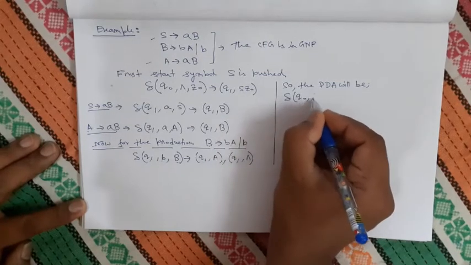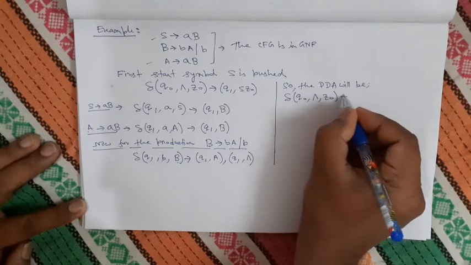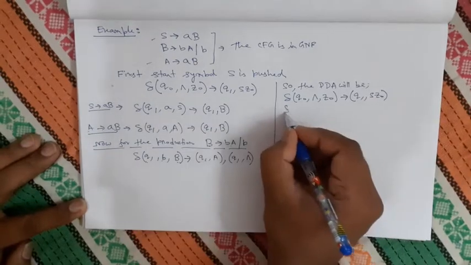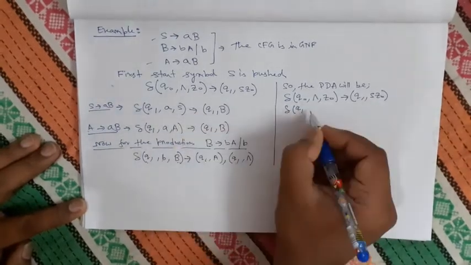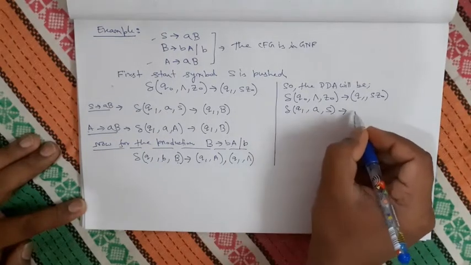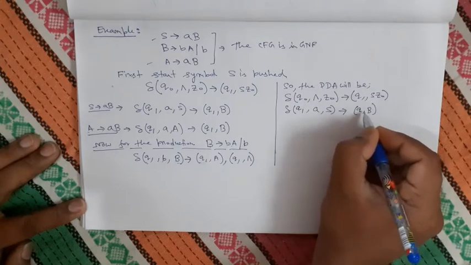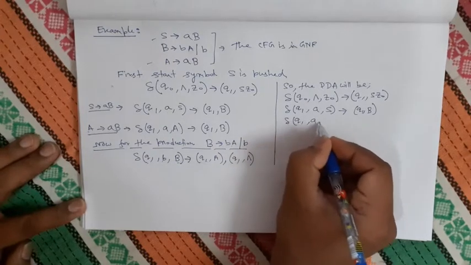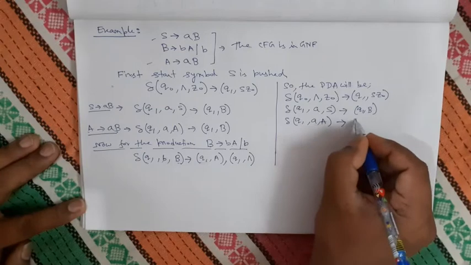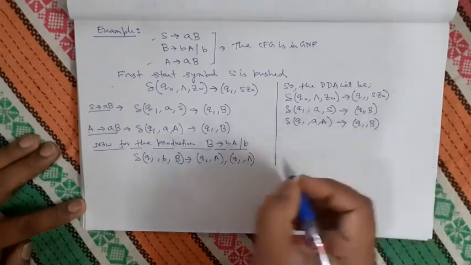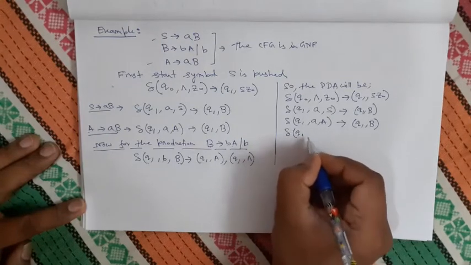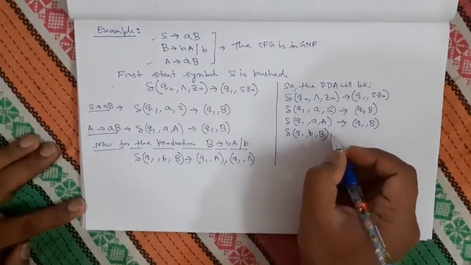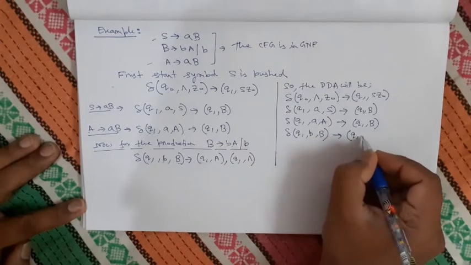Delta of q0 comma null comma z0 will tend to q1 a z0, then delta of q1 comma s will tend to q1 comma b, then delta of q1 comma a will tend to q1 comma b, and the next one is delta of q1 comma b will tend to q1 comma a